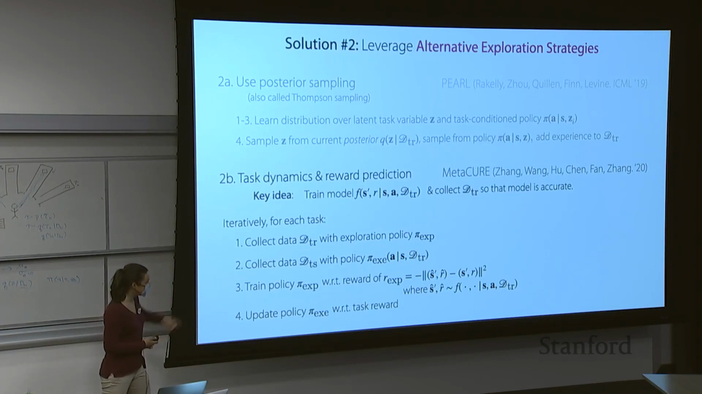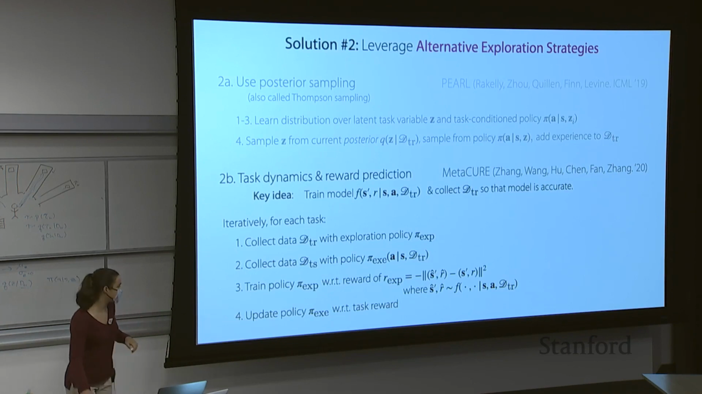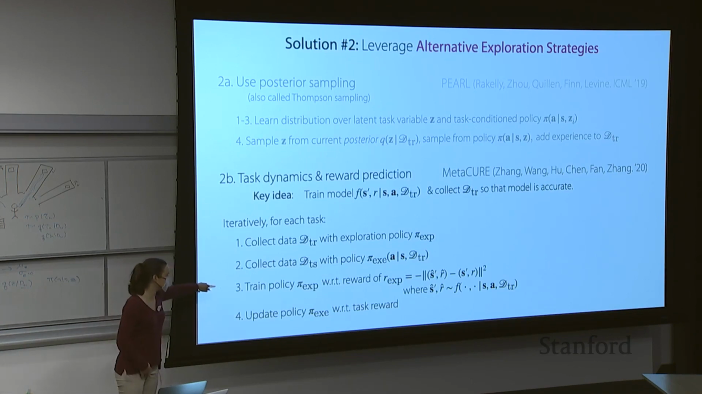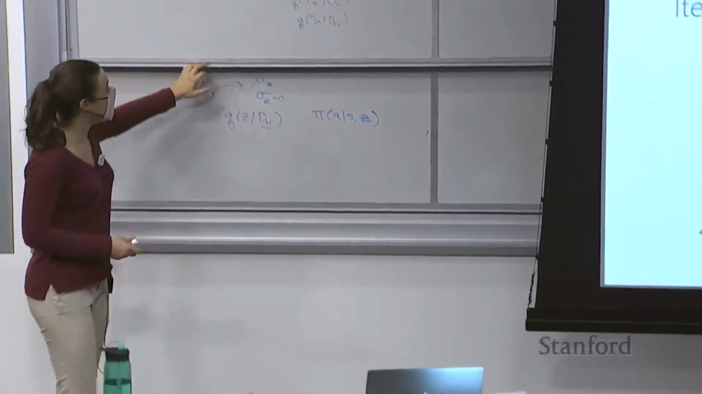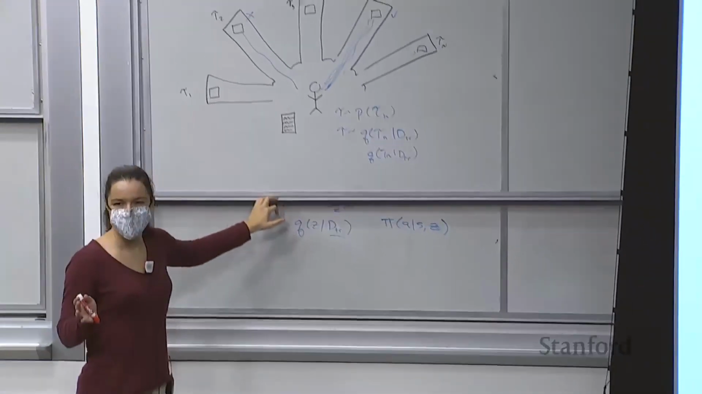And so note here, the exploration policy and the execution policy have different reward functions. They're optimizing for different things. And this exploration policy is going to try to find things that allow it to predict the reward in the dynamics. And so in this example right here, the dynamics are all the same across all of the